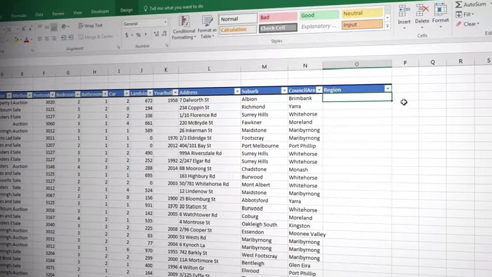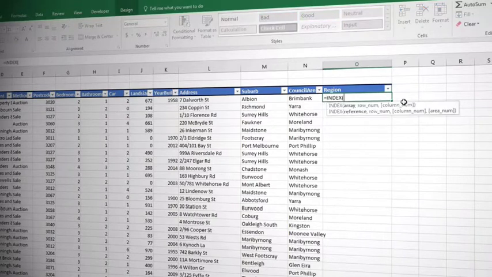We're going to start off by typing equals INDEX, and you may remember this from the previous course. The first thing the INDEX wants is what array we want to look up. Now, if we hadn't named our range, we would have to click into the next worksheet and select the entire array. But by naming our range, we're not only making it less error-prone to create the calculation, but we also make the calculation easier to understand for ourselves and other users. So we're actually going to be looking this up in our region, and I'm going to select that